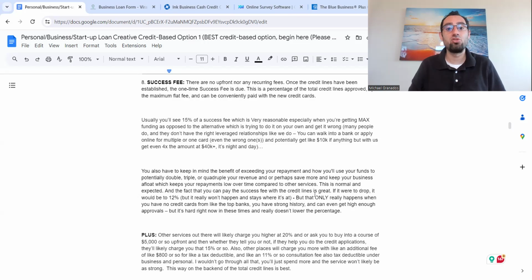Are they able to maximize your exposure, get the most capabilities, the best timing on this? So 15% is very reasonable. Other ones out there, you're going to get like 20, 25%. You have to be careful on those. So 15%, very reasonable. Sometimes on another one, you might have seen it drop down to 12% on the personal